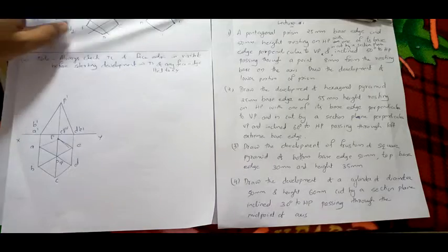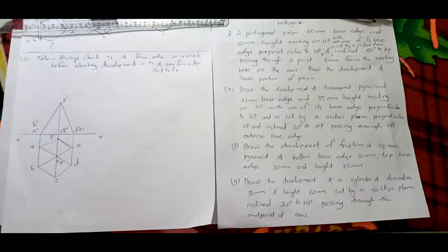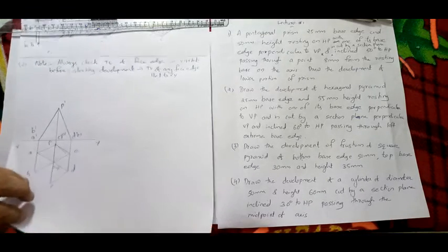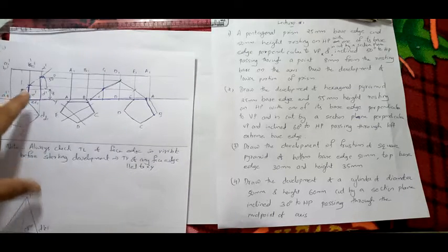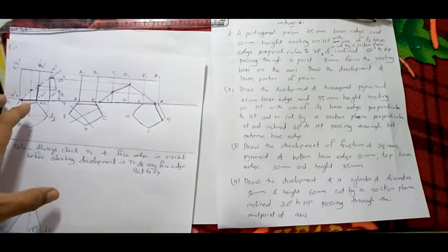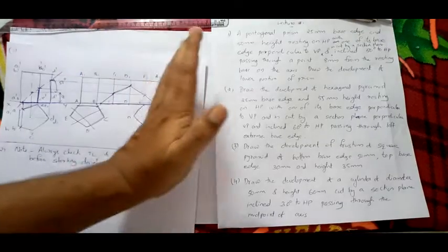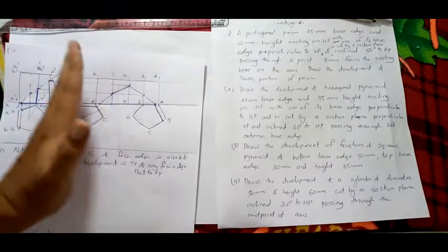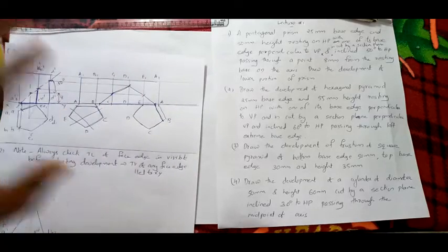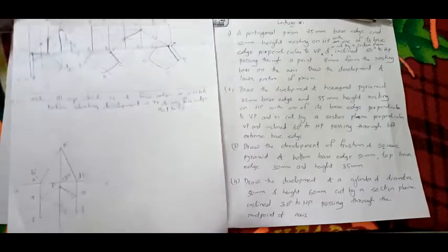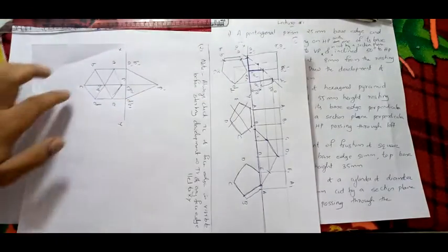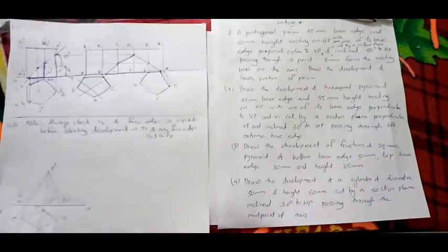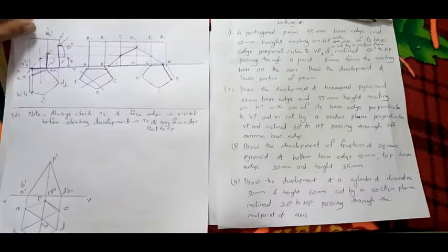Now, how to check whether true length of face edge is visible or not? Before starting this problem, I want to tell you something. While drawing this figure, right side you need this much space. So you have to draw in such a way that right side there should be this much space. In university question paper, your answer sheet will be like this, right? You have to place it like this, then only you will be able to draw the development. Also in the notebook you have to place the section.